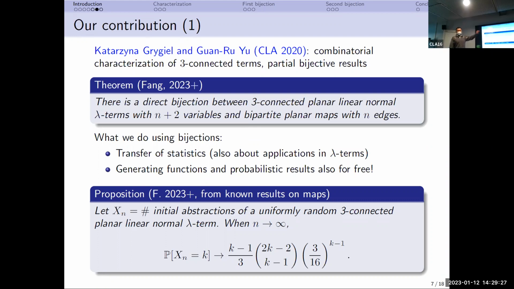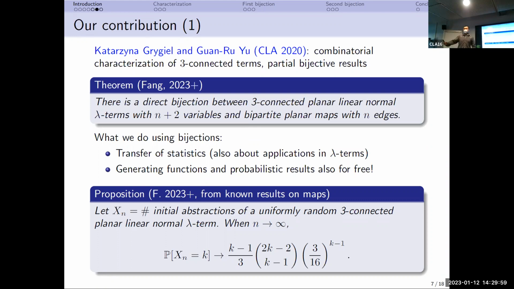So we have a bijection. But of course, we are not going to stop by just having a bijection. Why? Because we can use the bijection to do a lot of things. First, the bijection is simple enough already. And because it's simple enough, it transfers a lot of interesting statistics between lambda terms and planar maps, planar bipartite maps. And because we have this transfer of statistics, we can write the generating function of lambda terms accounting for